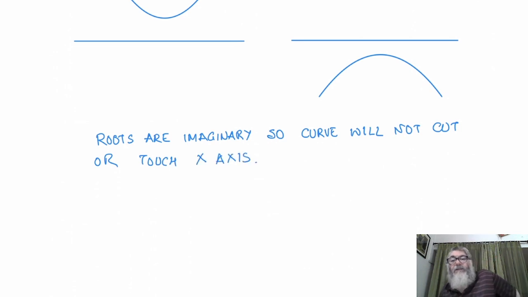So these are the things which we have discussed about the nature of the roots, and how we decide. We said if a is greater than 0, then the parabola is opening upward. If a is less than 0, that means if it is negative, it is opening downward. And then we discussed the three conditions: d is greater than 0, d is equal to 0, or d is less than 0. Now let us talk about one more important concept: the vertex of the parabola.